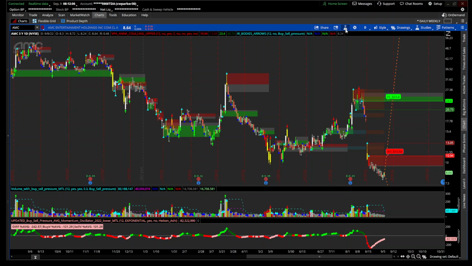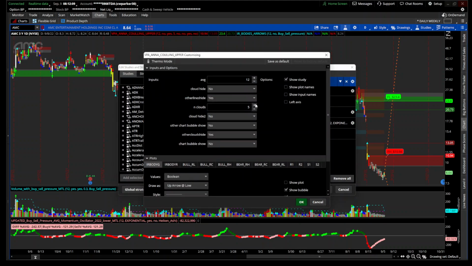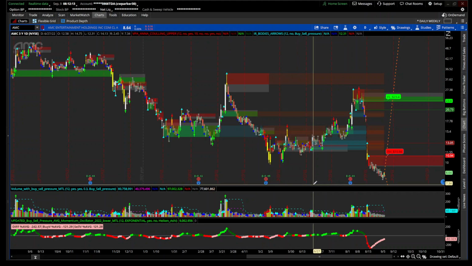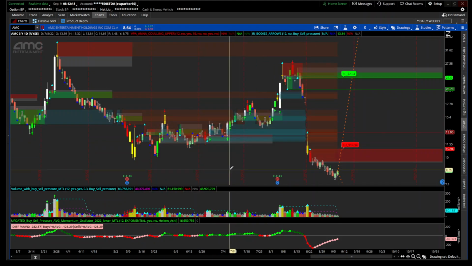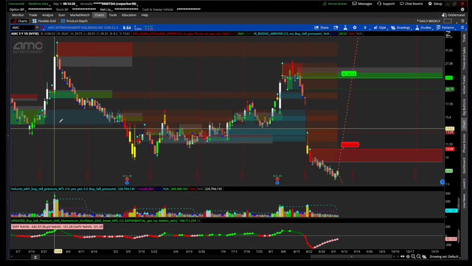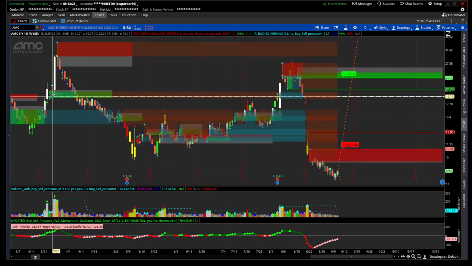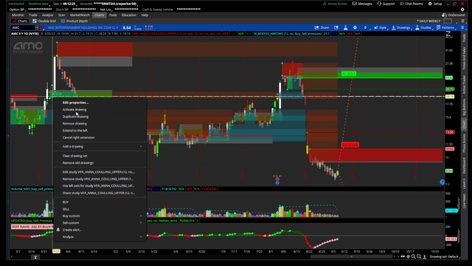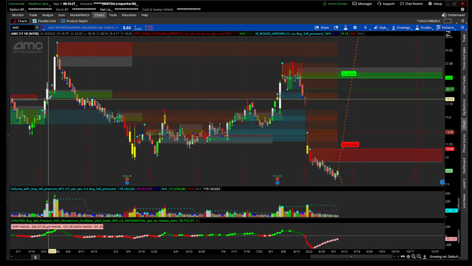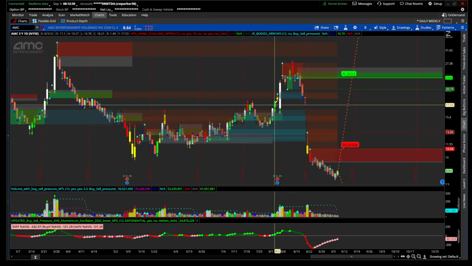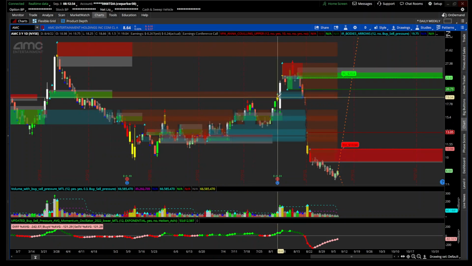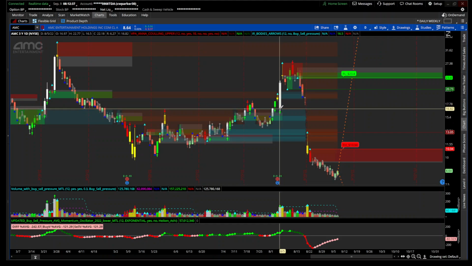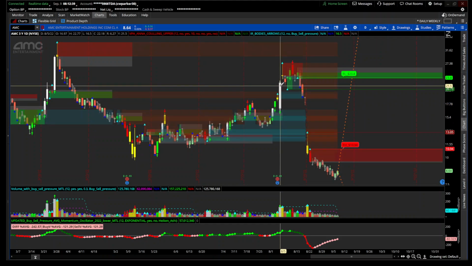So you can control that, and I gave you 15 of them. But if the overlapping clouds become too much for you, you can shrink them down. And if nothing else, just make a line at the bottom of the clouds and do it that way. And you can see how this one represents resistance right here when it tried to come back above. It got stopped,